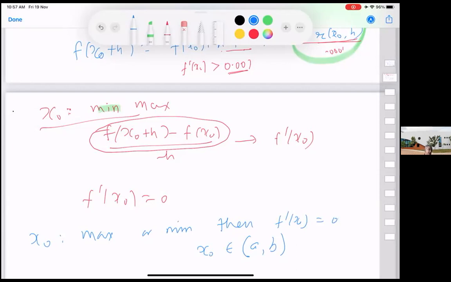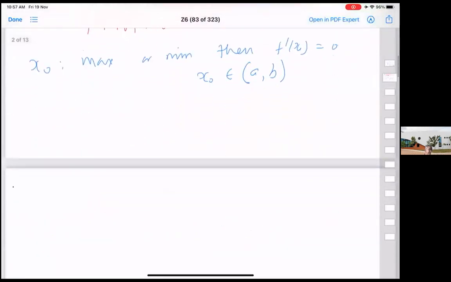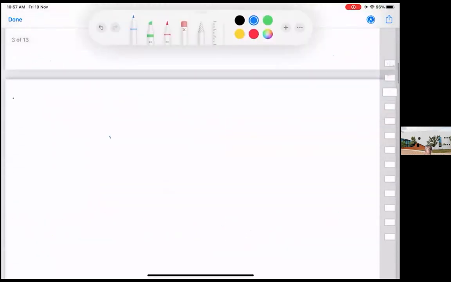So at the maximum or a minimum, the derivative is 0 only for interior points, not for endpoints. And the simplest example,